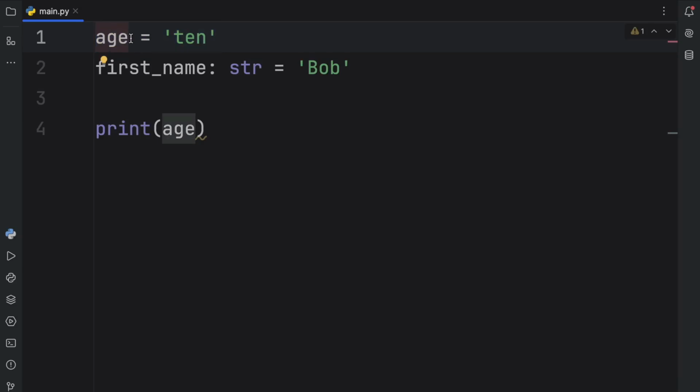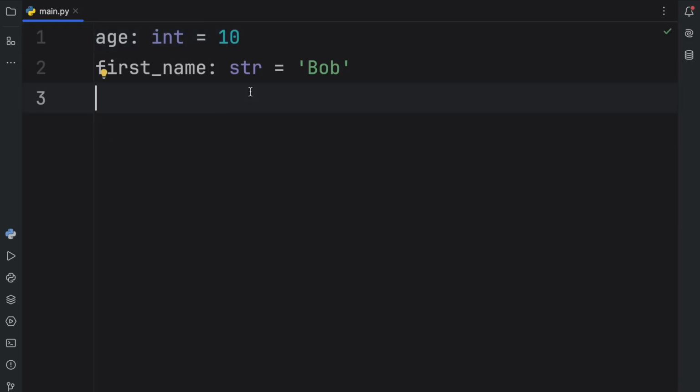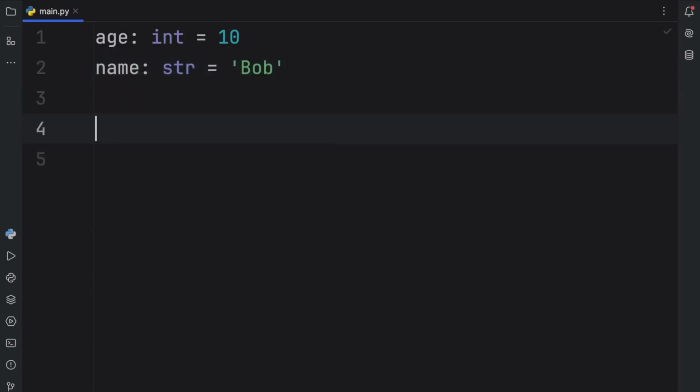But by providing the information that age should be of type integer, we will get some warnings that we're doing something silly here, so that we'll have the chance to actually correct it. So you're going to see me using type annotations everywhere. It's not required, but I prefer to do this because I think it's professional and it saves me a lot of effort. Anyway, here I'm going to remove the first part of name